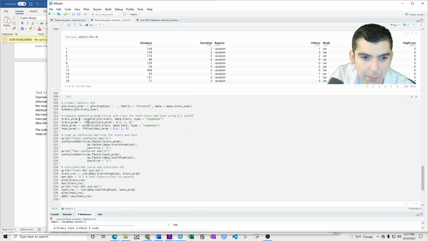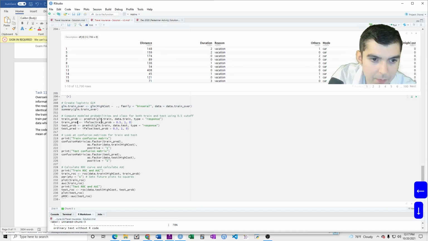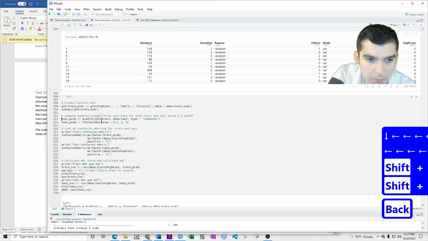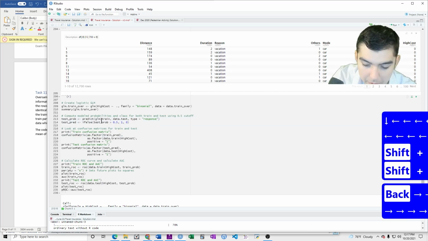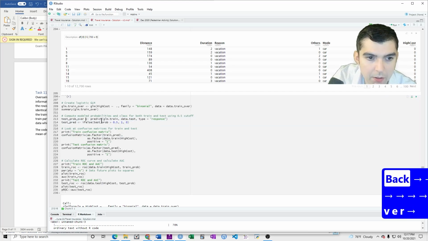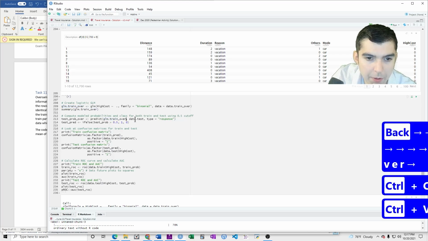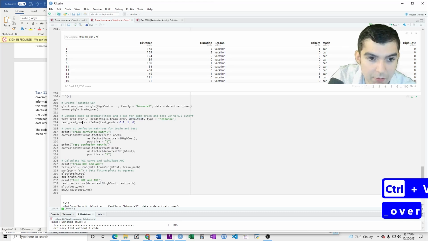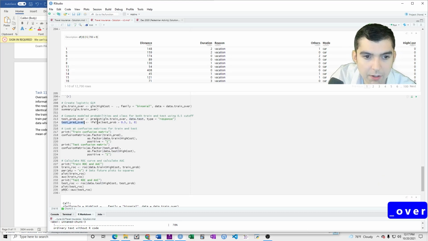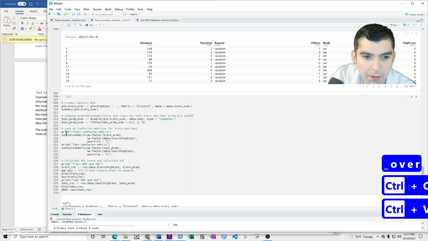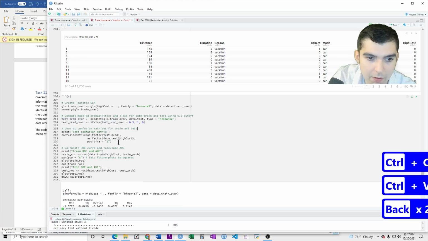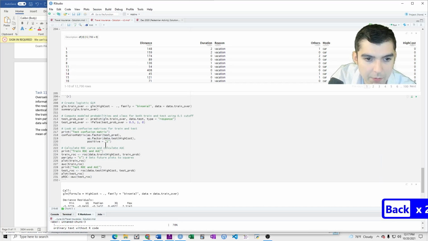And then let's create the predicted probabilities. So this is the train predicted over. Well, we don't need that. We only need the test probability over. And then we want to use this GLM with the original test data, and then test data over is there, and then this is using test prob, and then here the confusion matrix. We can delete the train confusion matrix, and then we just want the test confusion matrix.